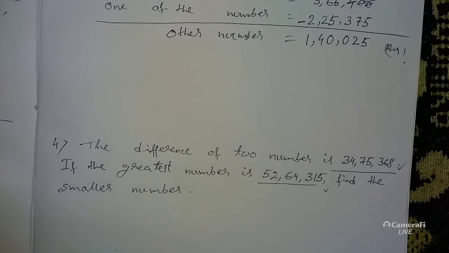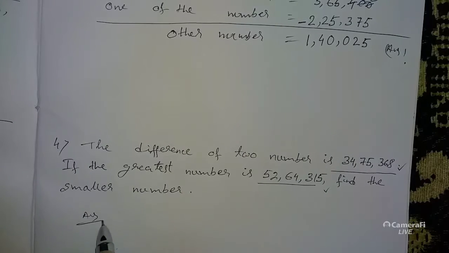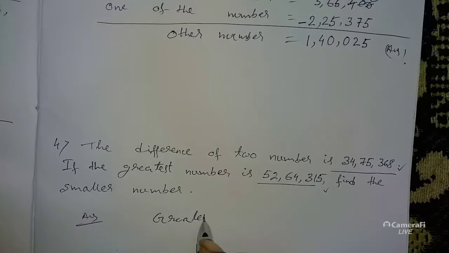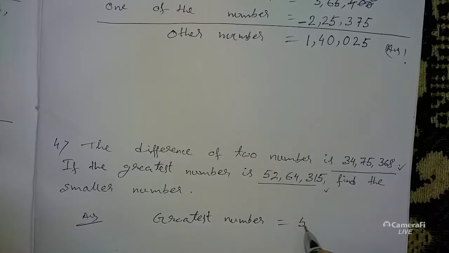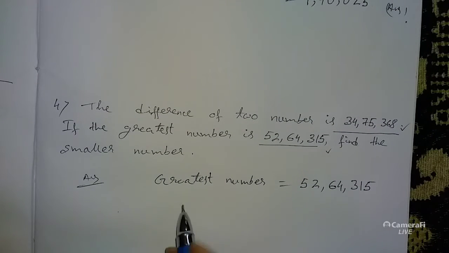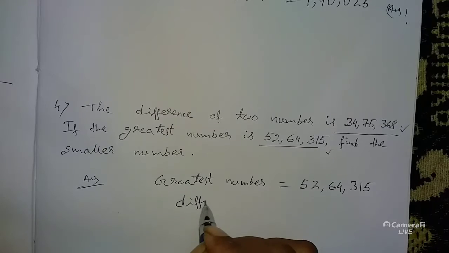To find the smaller number, it is obvious that the smaller number is less than the greatest number. So we have to decrease the value from the greatest number, so we have to subtract as we are decreasing the value. So let us write first the greatest number, 5264315, and write the difference equal to